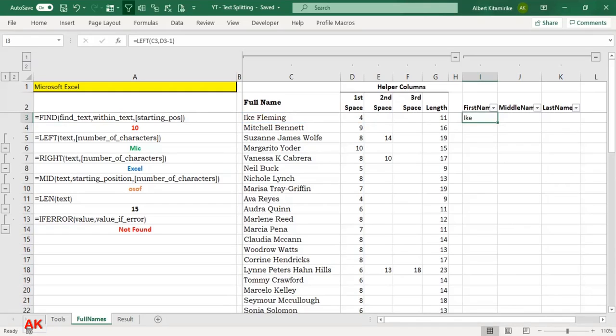That's that one. To extract the middle name, we need to use the MID formula, which is right there. And we shall enter equals MID, open brackets. The text is the full name, which is C3, comma, and we want to start at the position of the first space plus 1, D3 plus 1, and the number of characters we want to extract is